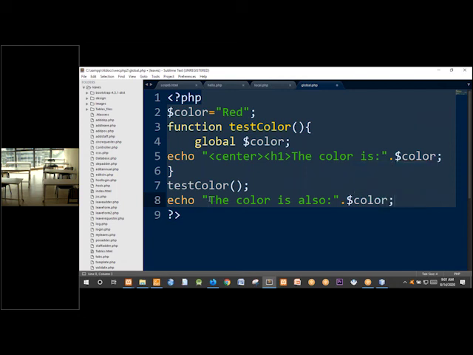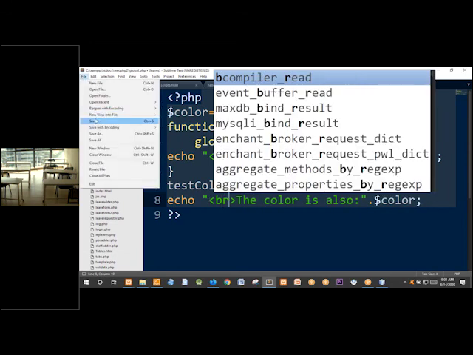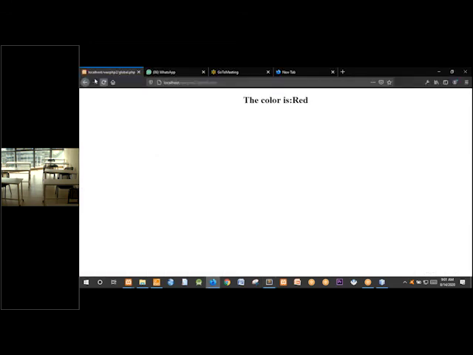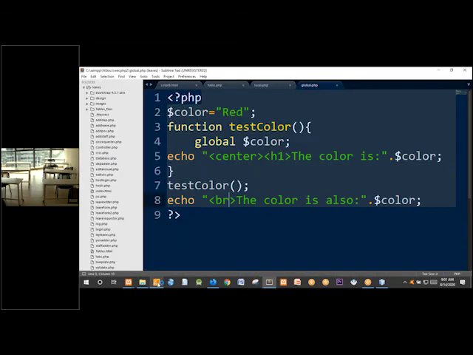Now, if you need a global variable and you need to access it inside a function, you need to use the global keyword. So the global keyword is a keyword which indicates that we are trying to access the global variable. But this global variable, we can also access it outside the function. Echo the color is also